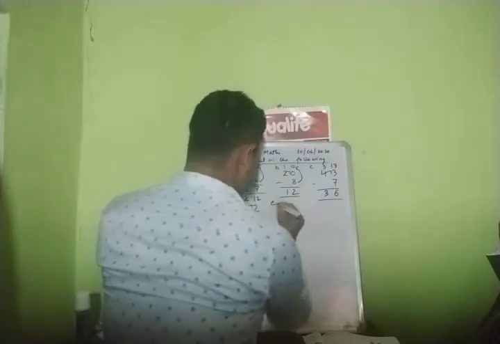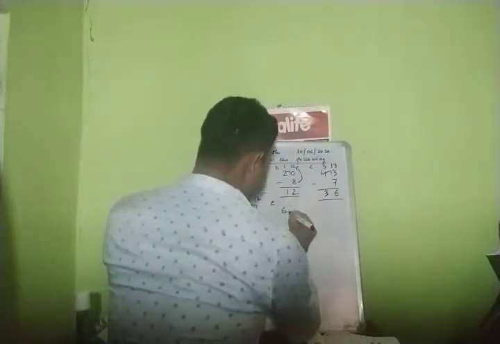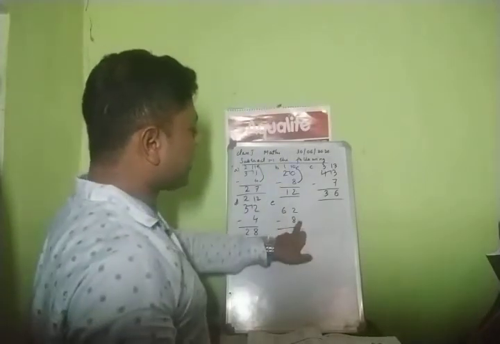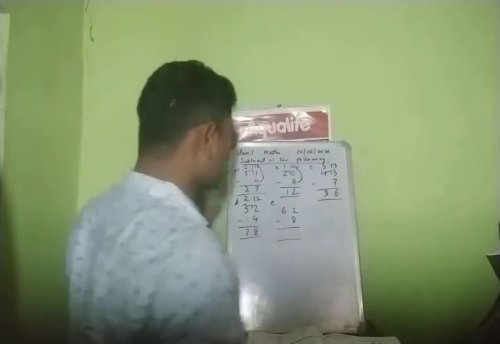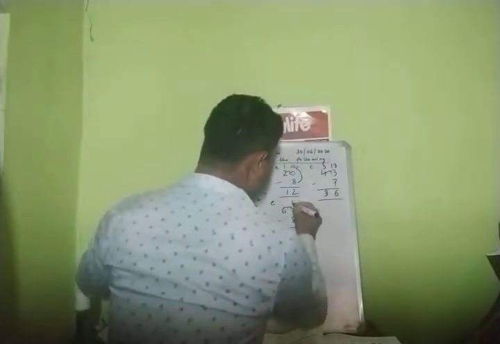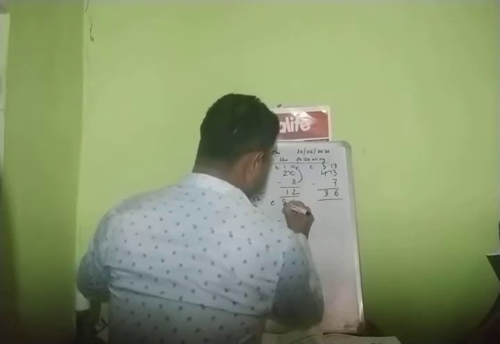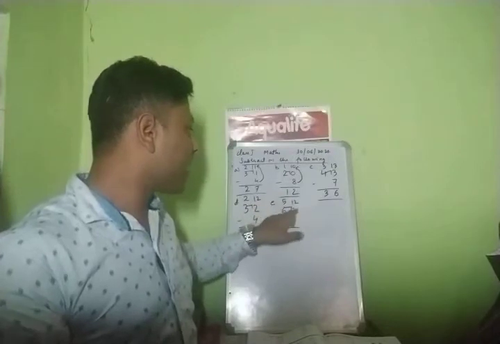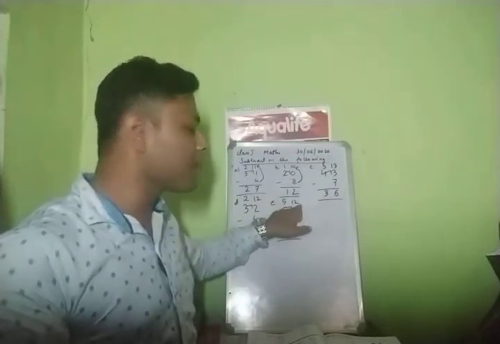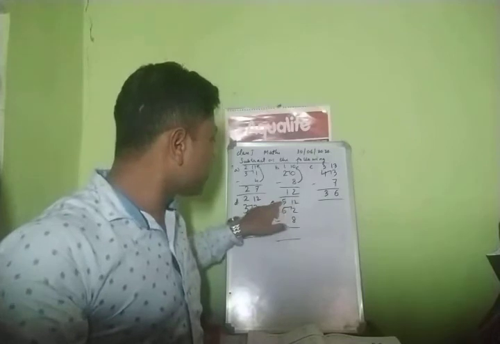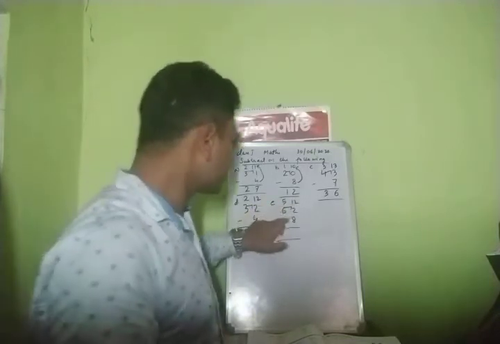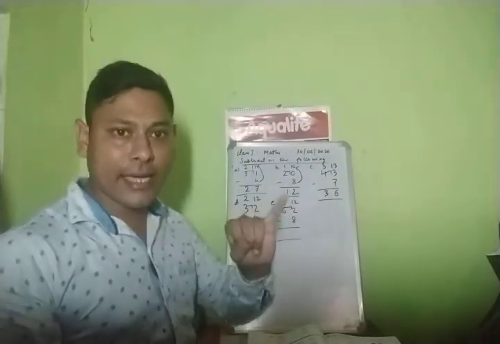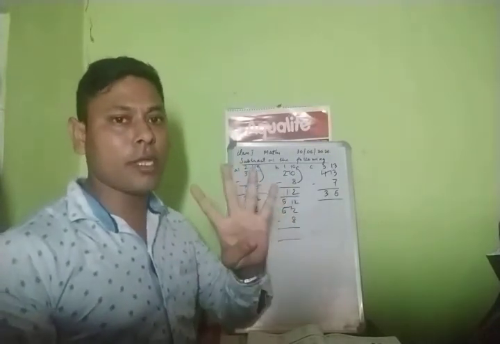See next question. Question number E. 62 minus 8. Same. From 8 can you go till 2? No, not possible. Borrow from here. 1, 2 you got 12. From 6 you gave 1, so it became 5. Understood why I am leaving this gap here? To write the main answer. See, when you borrow here 1, 2 it became 12. From 6 you gave 1, it became 5. Now just see this down one and top one. 8, 12. From 8 you have to come till 12. 8, 9, 10, 11, 12. How many? 4.